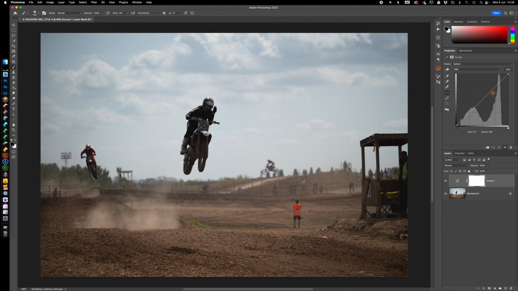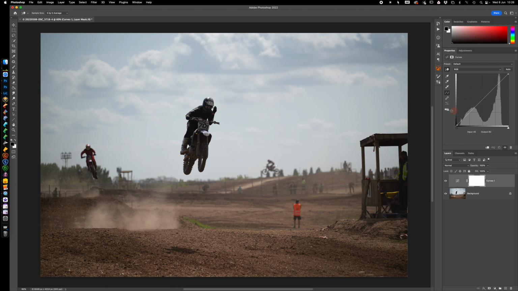Reset. One of the things I like about the curves and similar tools is you don't need to understand the graphs and exactly what you're changing here. You can do it all just by studying the picture, and that can be very useful because it's got an eyedropper. If we click there, our cursor is now an eyedropper. So if I wanted to darken or lighten a particular